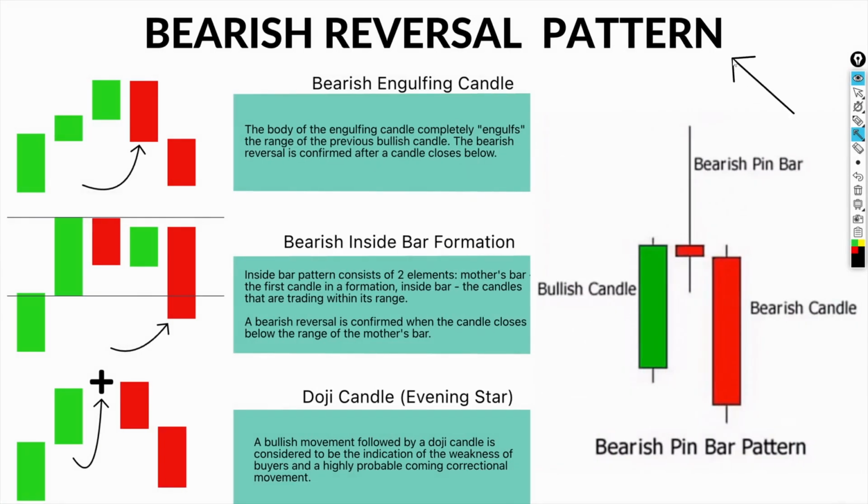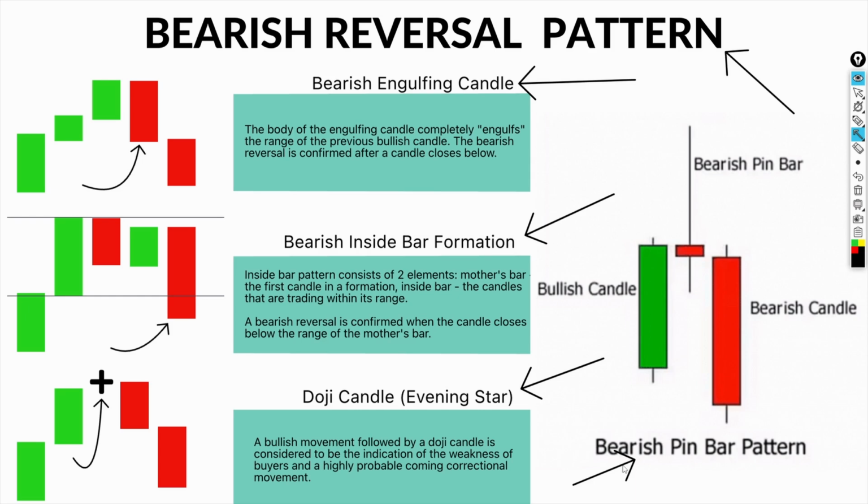And lastly, bearish reversal patterns. First one, bearish engulfing candle, bearish inside bar formation, evening star, or bearish pin bar pattern. I have shared this list previously also. So you have 7 reversal patterns that you will look for to place a reversal trade from a support level or